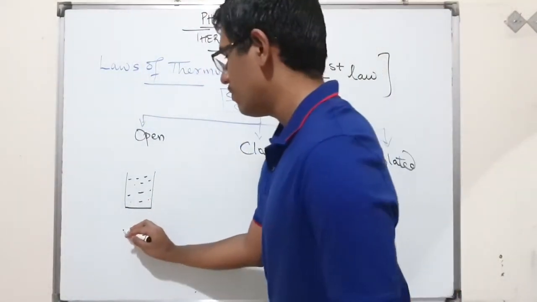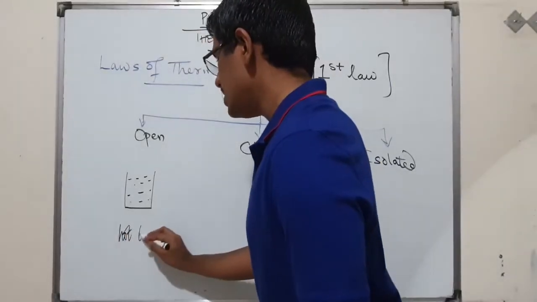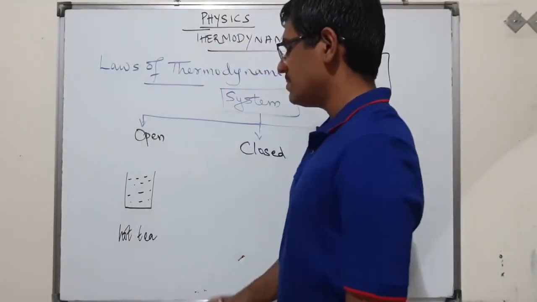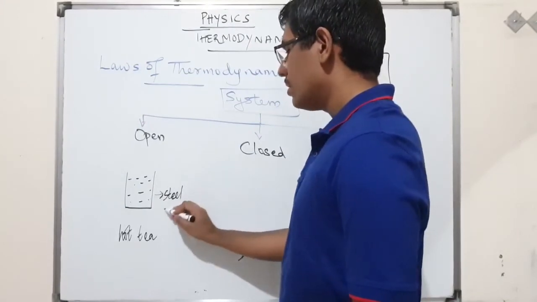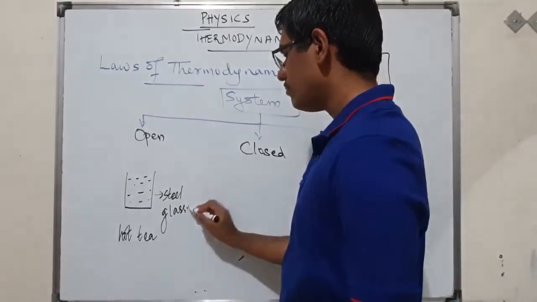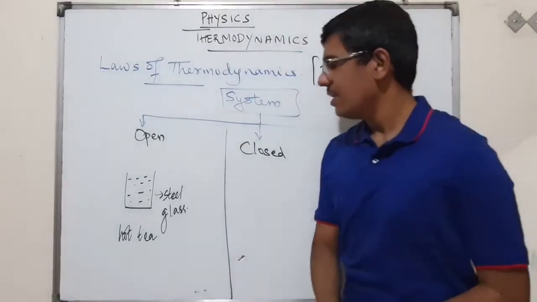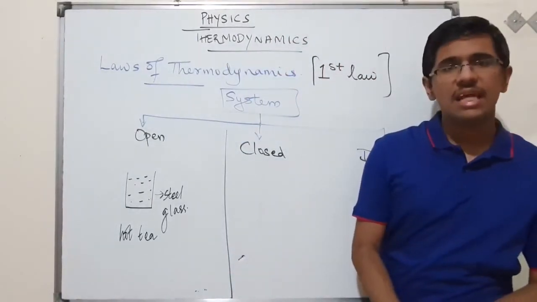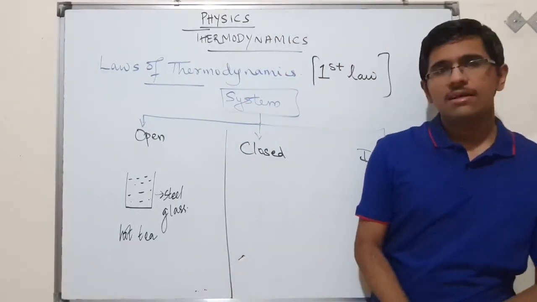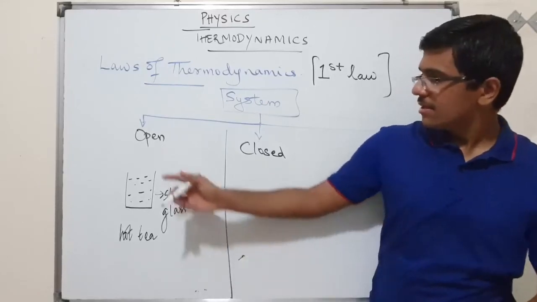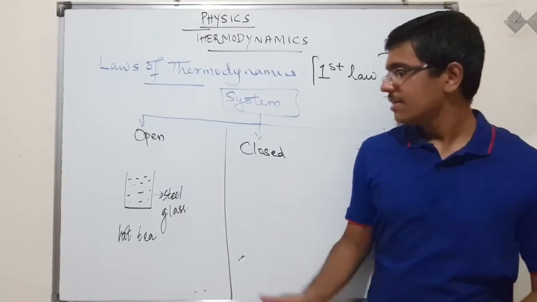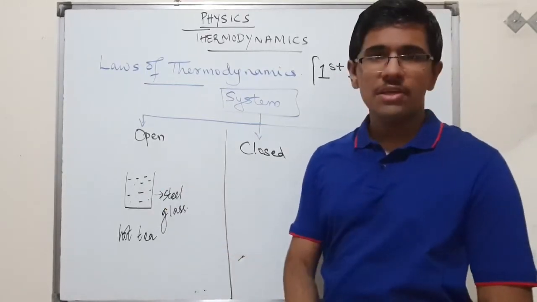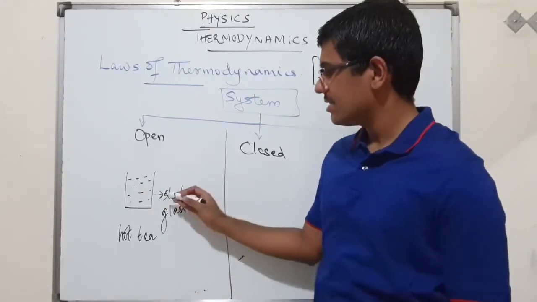This is your steel glass. When hot tea is kept in a steel glass, open system means I am leaving the container open. That means what happens? After 1 or 2 hours, when you come back and see,